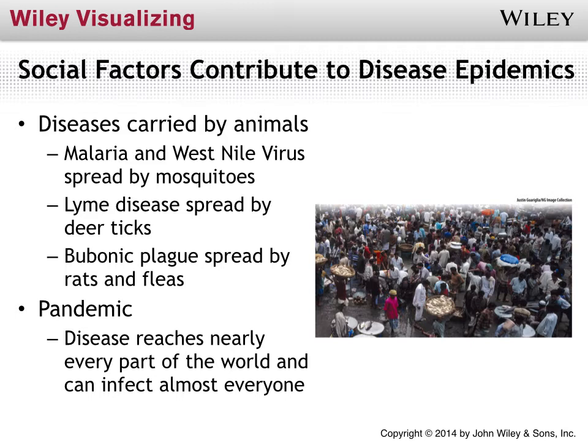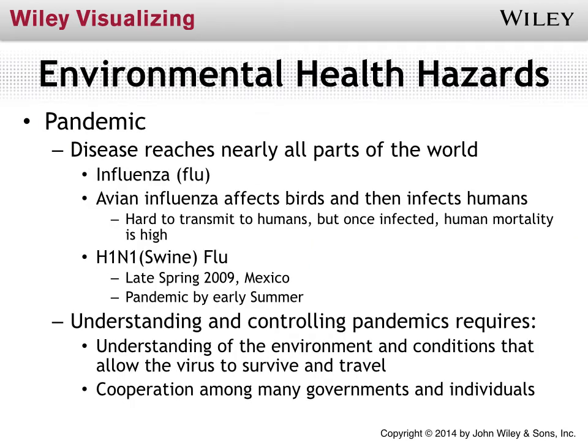So another definition, a pandemic. This is a specific type of disease that can reach nearly every part of the world at the same time and has the ability, it's strong enough or virulent enough to be able to affect almost everyone. Now again, that doesn't mean that everyone dies from it. There are people every year that just die from taking aspirin or some other sort of drug, over the counter or prescription. They're very susceptible for whatever reason to the chemicals in that drug. But again, most of us don't. So it's just about that perception versus reality.